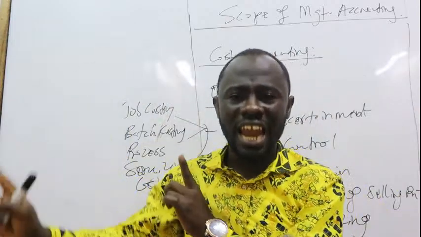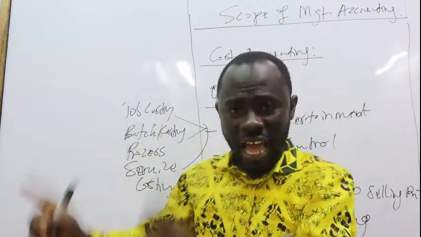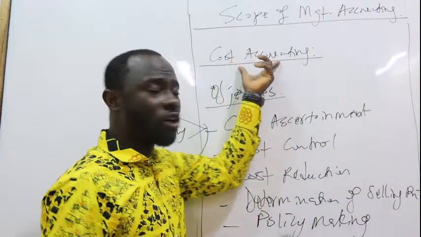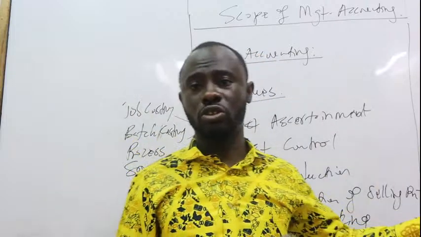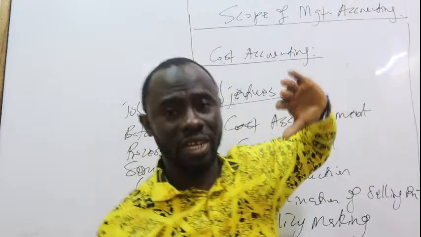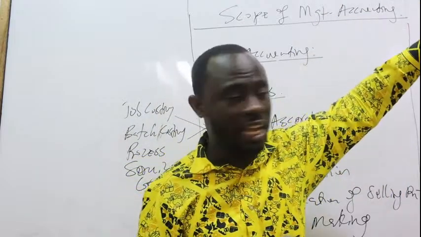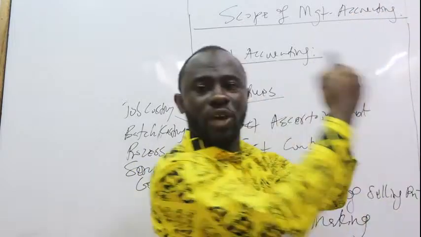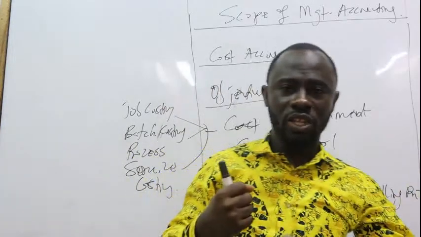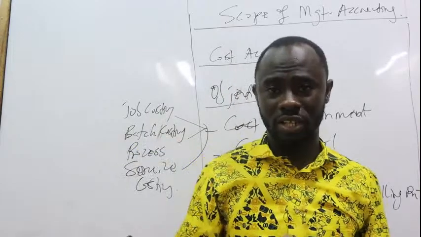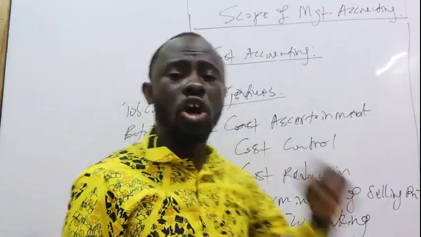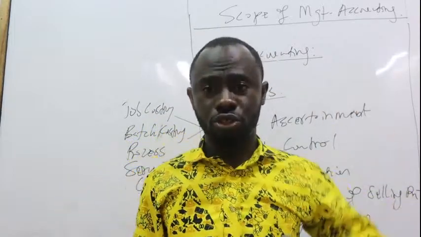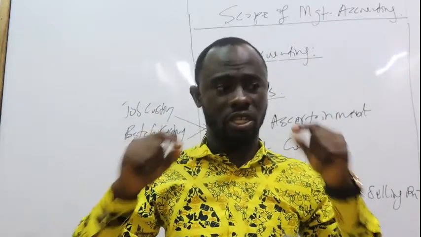Now, if we're not in line with what we said we would spend, adversely, then decisions will be made quickly to decide what it is that we need to do. But the second thing of cost accounting is what? Cost control. But remember, to be able to control cost, we must set standards, okay? We must set standard. Then we collect the actual performance or the actual results. Then from there, we can now compare to determine whether we are spending within the budget or we are spending outside the budget. Then the third one is cost reduction. Now, I want you to be careful here. There is a vast difference between cost control and then cost reduction. There is a vast difference, and you got to make sure you understand them.